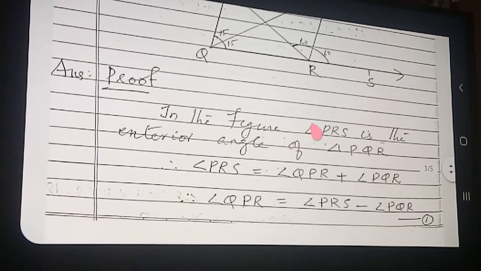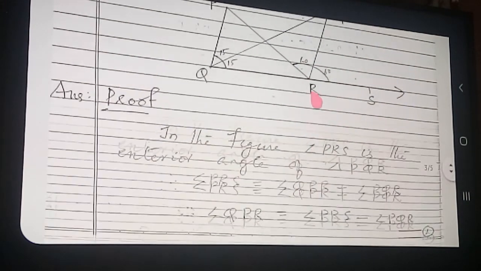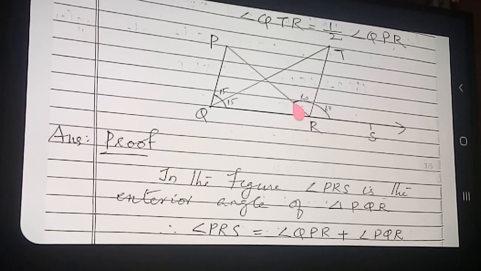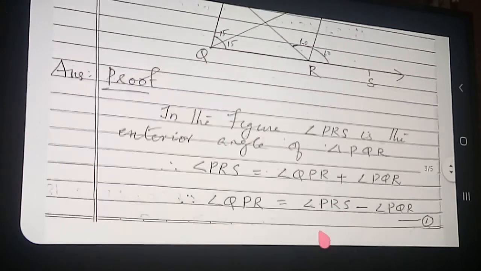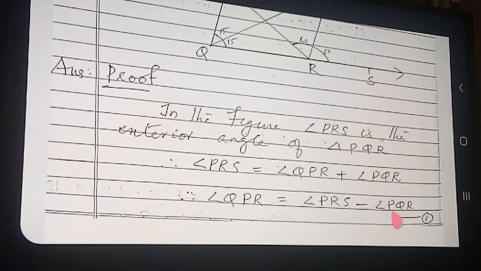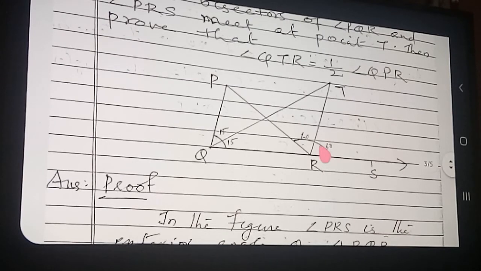First, what we wrote, all that we can do from the diagram only. PRS is the exterior angle, so what is written? P plus Q. See here. Okay, but you need QPR, therefore we found out the value of QPR. That we kept as equation number 1. Next one, what did we write? TRS. TRS is the